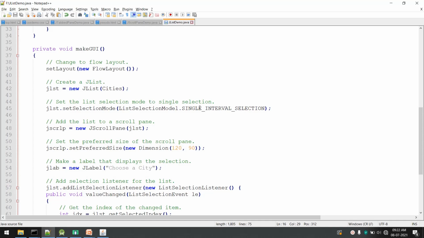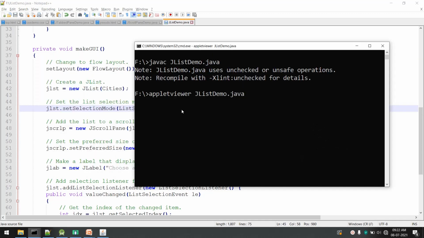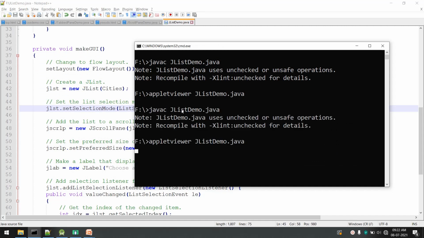There is another model, that is multiple interval selection. If I make it multiple interval selection, now you can see what difference it makes. Compile it. Now we will execute it.